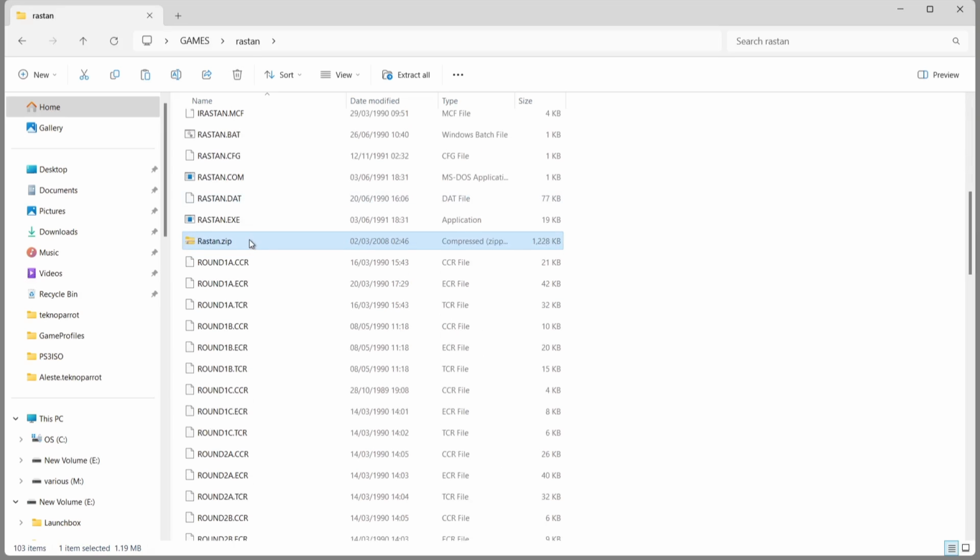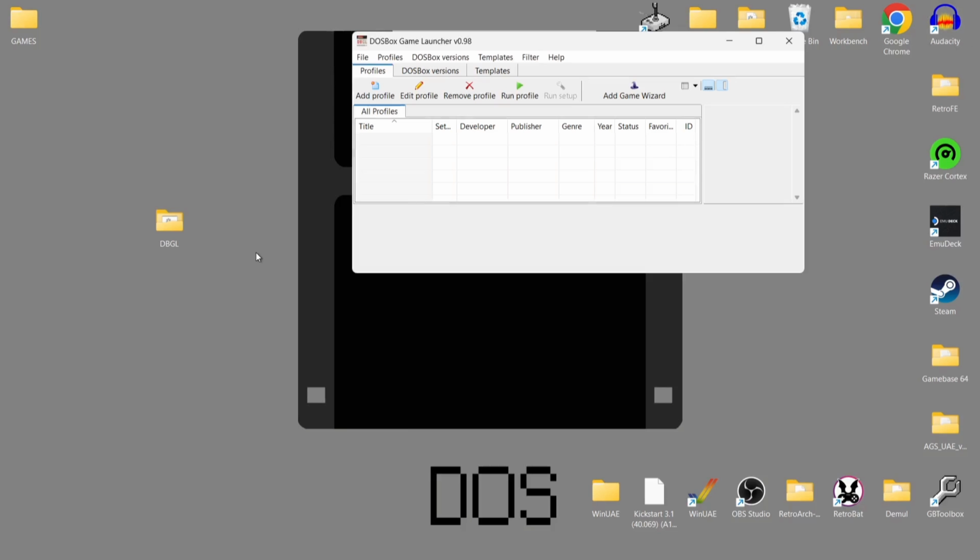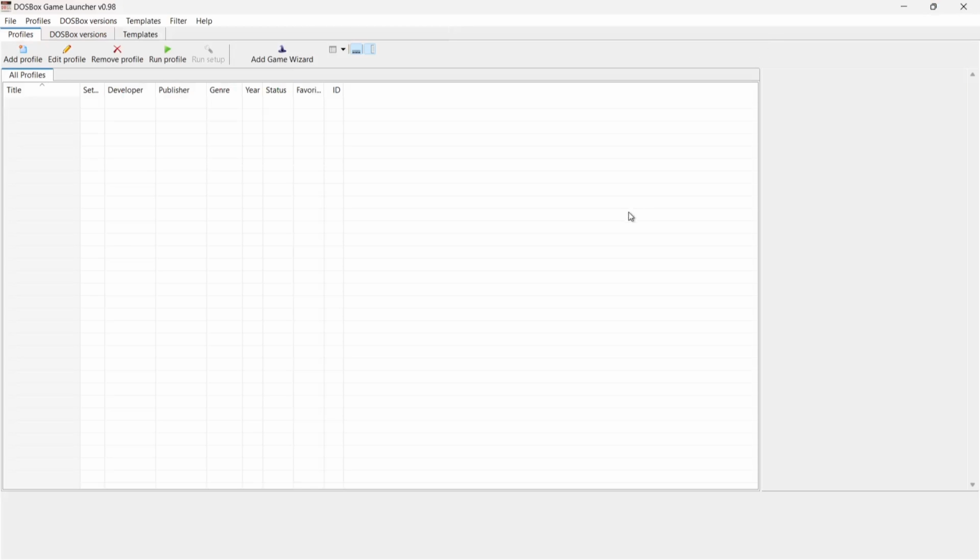So you'll notice with DOS games that some games you'll get more files than others, but that's fine. So we've now got our games extracted, and what I suggest doing is just putting your games folder into that Dbgl folder just to keep things nice and neat. So let's actually add these 3 games into DOSBox Game Launcher, and I'm going to show you how great this